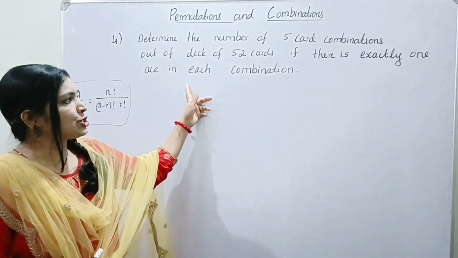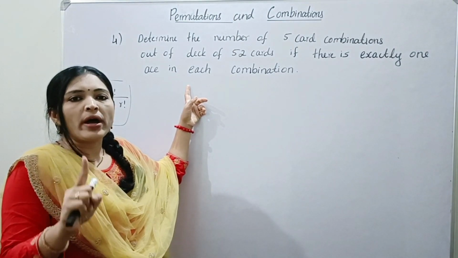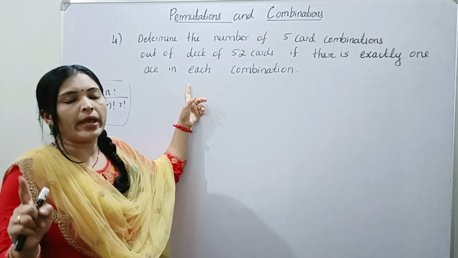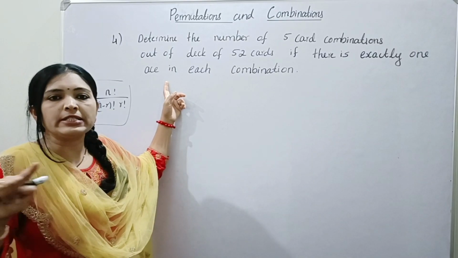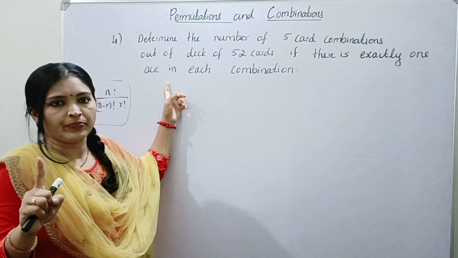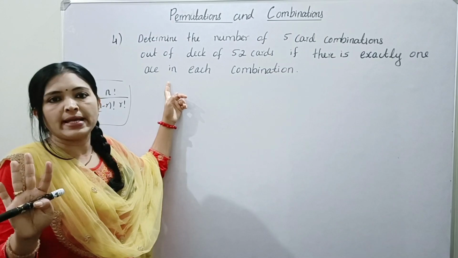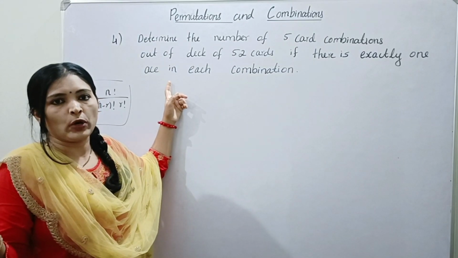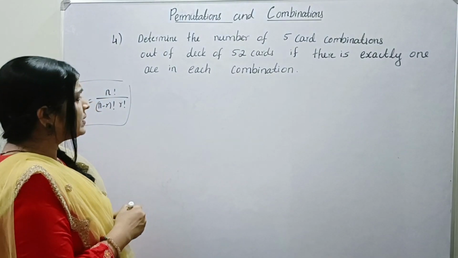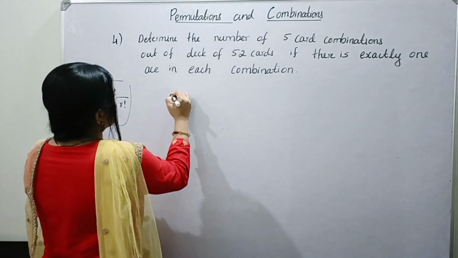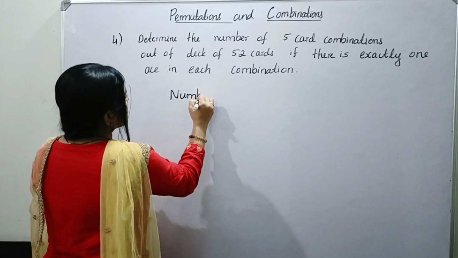But it is mentioned there is exactly one ace in each combination, that is, for each selection, one ace should be there. So there are 4 aces out of 52 cards, and 48 other cards. So the number of ways of selection